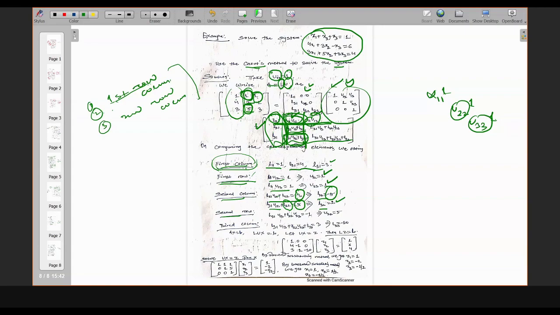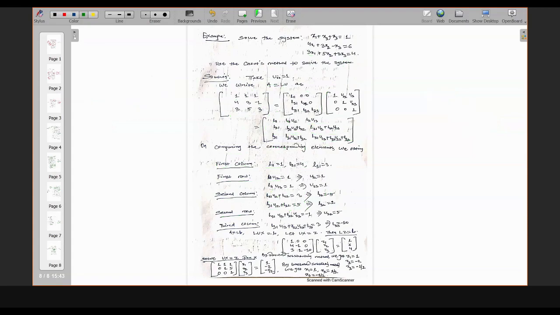Okay. So second column, then second row. This is your second row. These elements you already compared, and you need to compare only these elements. So these elements will be compared with the corresponding elements on the left hand side matrix, which is 1. That's why you had here, this is not 1, it is your minus 1. Okay. So that's why you had a minus 1 here. So from these expressions, we get U23 equals 5. Okay, now second row gone.